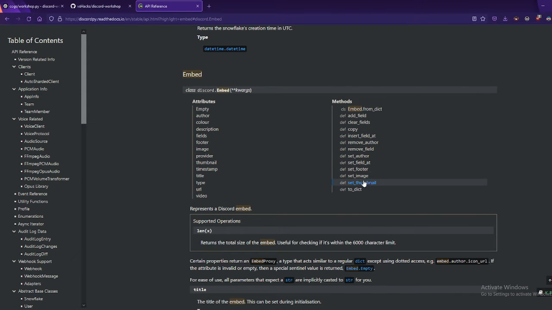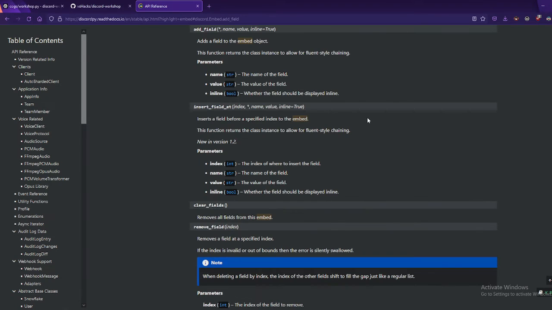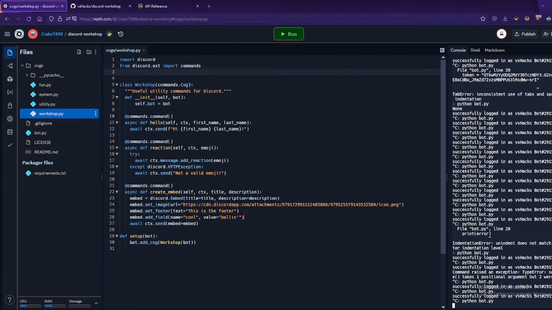So yeah, but if you don't know what these do, you can always just say clear fields. What is a field? So we go to add fields, and then it's going to give us a more detailed explanation of what this does. So if we go back,